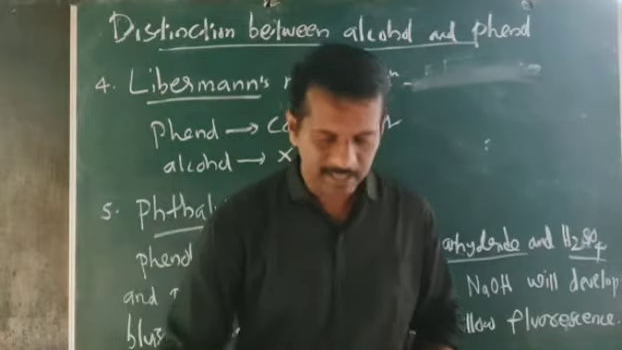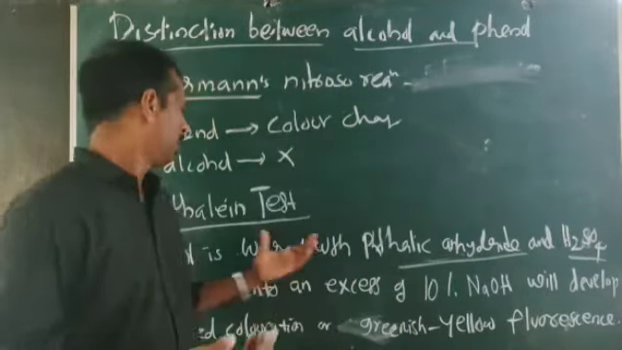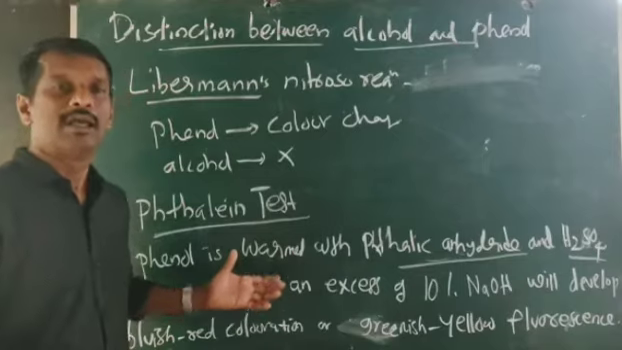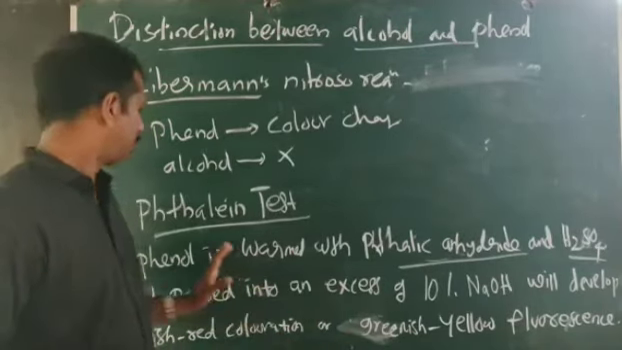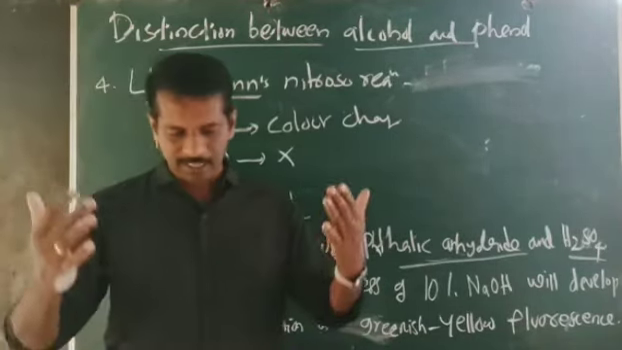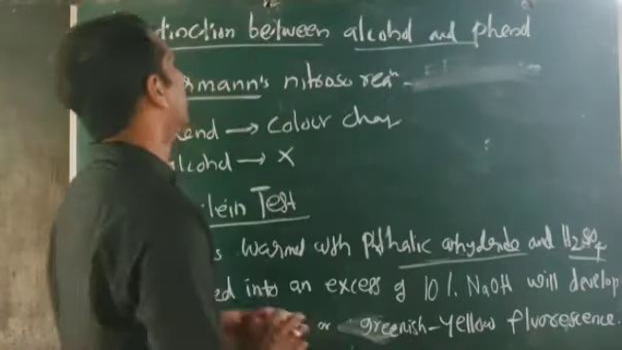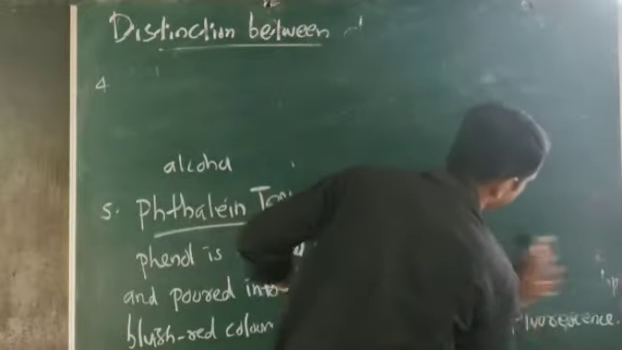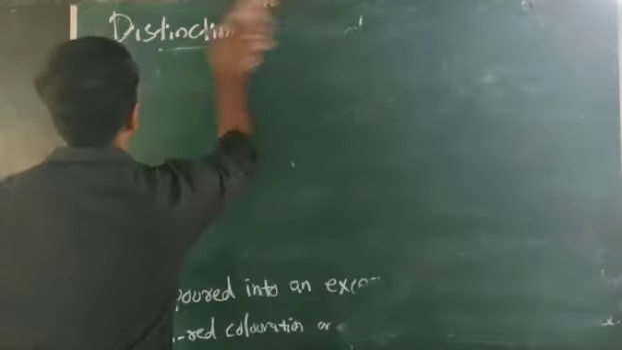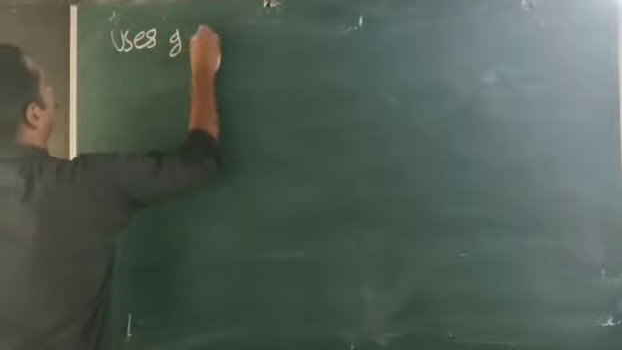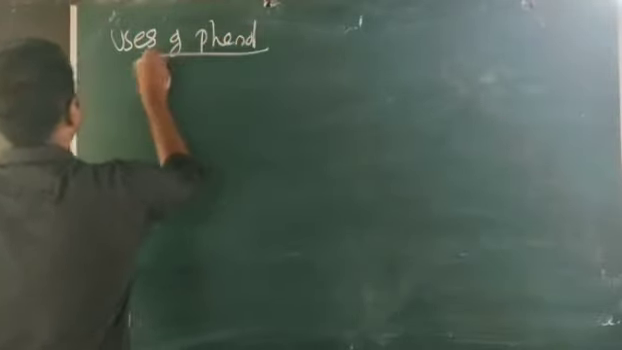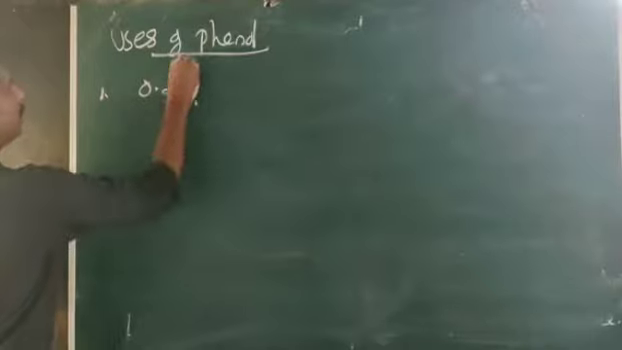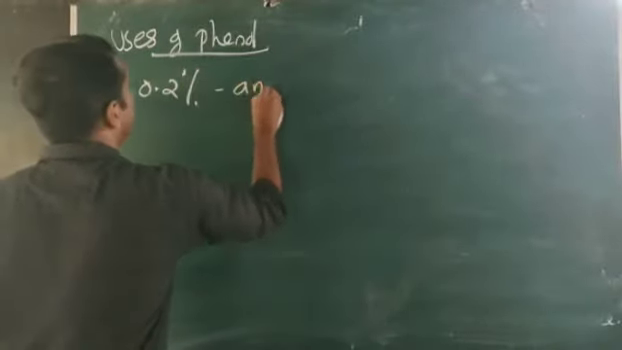If this color test is given, we can say that the given substance is phenol, but alcohols do not. Alcohol will not give this Thalin test. These are the tests to distinguish between alcohol and phenol. Now last is uses of phenol. Okay, keep it in mind, uses of phenol. Okay, first one, 0.2 percent of phenol is used as antiseptic